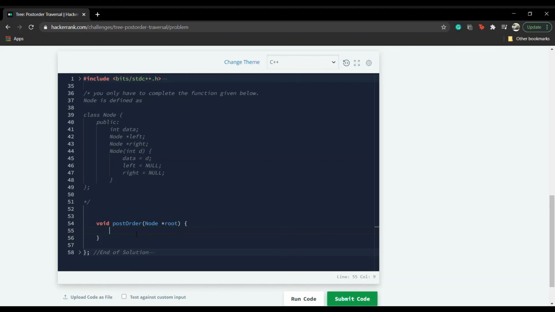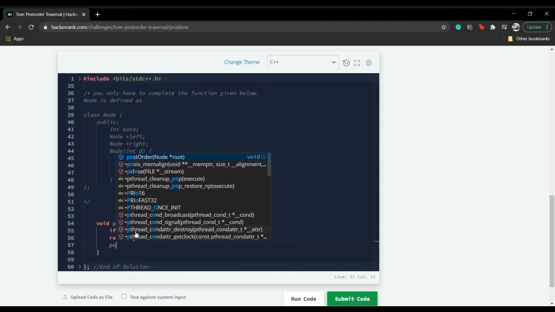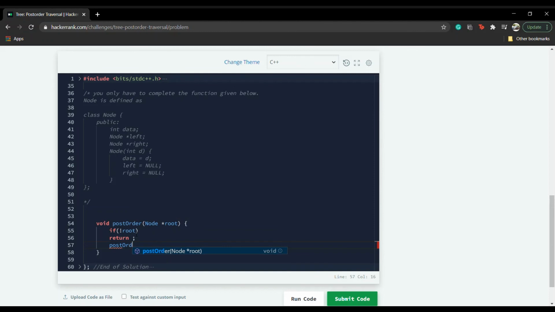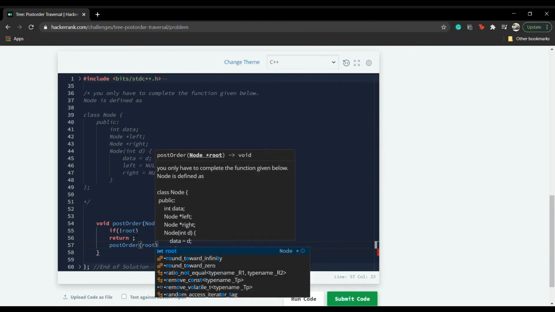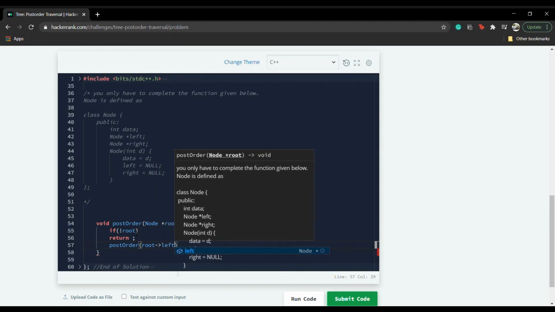So let's now code the solution. So if root is null, that is if there is no root, there is nothing, then we'll simply return. Otherwise, we will pass the left child of root as we discussed.